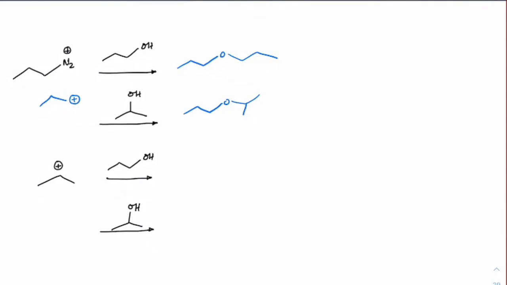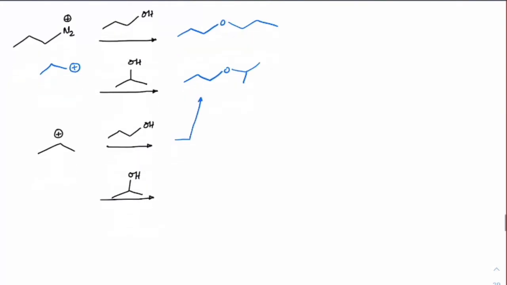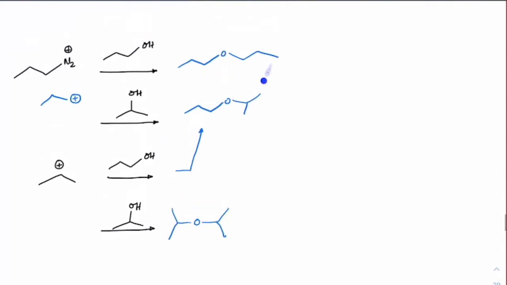So if you connect this pi bond, I mean this lone pair connecting here, we'll get the same product here, the same ether formation. And if you have both at the secondary position, then the ether which is formed would be this one. So you can see three different types of ethers can also be forming as minor products.